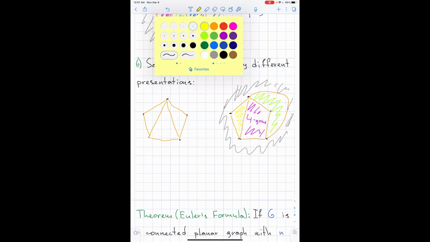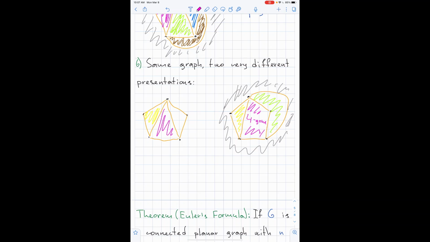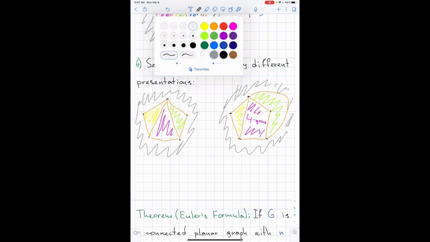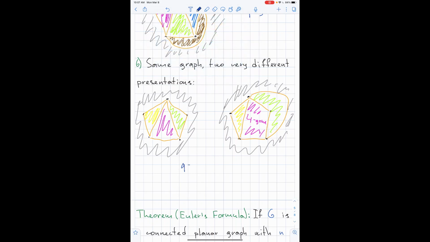And on the right, we also have 1, 2, 3, and 4 regions. So we can write that in both cases, we have 4 regions. We have 5 vertices, and what am I doing? This was not Q, this was R. And edges, we have 5, 6, 7 edges. All right, so we have these examples, and I'm not sure if you noticed this